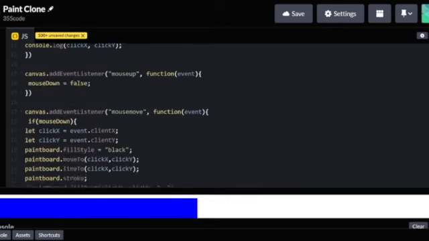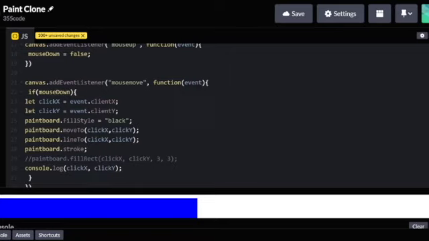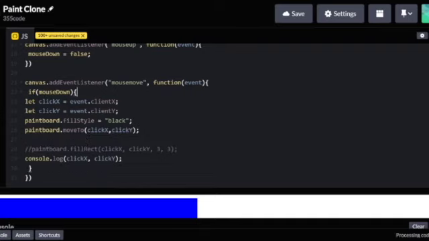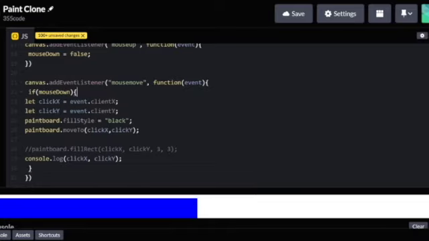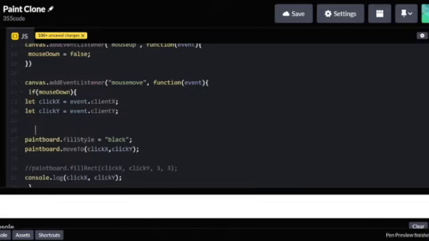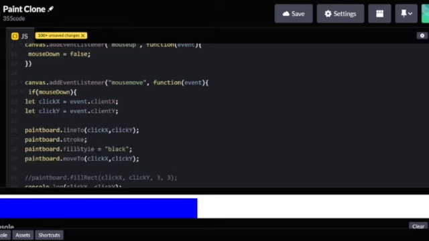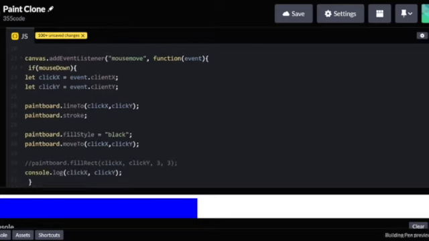And the solution for this is that basically what we want to do is we want to actually draw the line before we move. Okay, so we're going to cut this out and we're going to move this. Okay, it needs to be under the clickX, clickY. And then